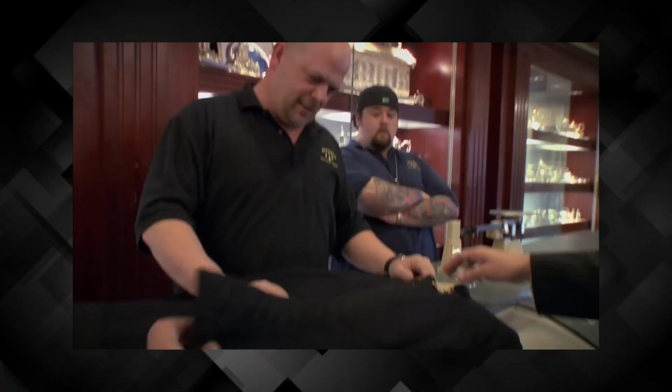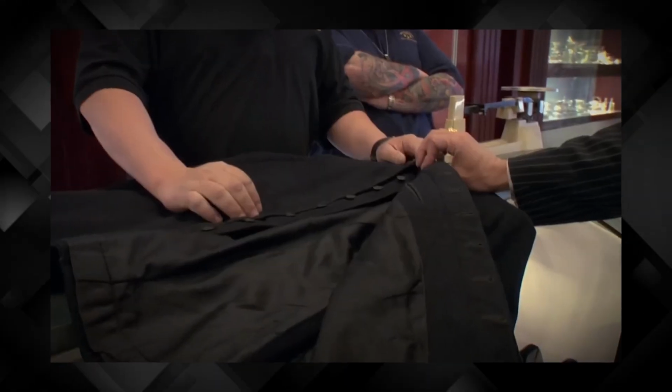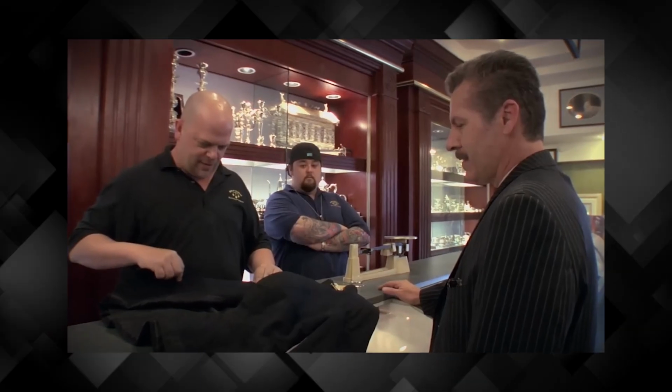Rick has seen a lot of military gear come through his shop. Helmets, medals, even full uniforms. But this one hits differently. A man walks in carrying what looks like a basic West Point cadet uniform. But the moment Rick gets a closer look, he knows it's not just another old jacket. It's all wool and leather, made before comfort became a military priority, and yet the condition is almost too good